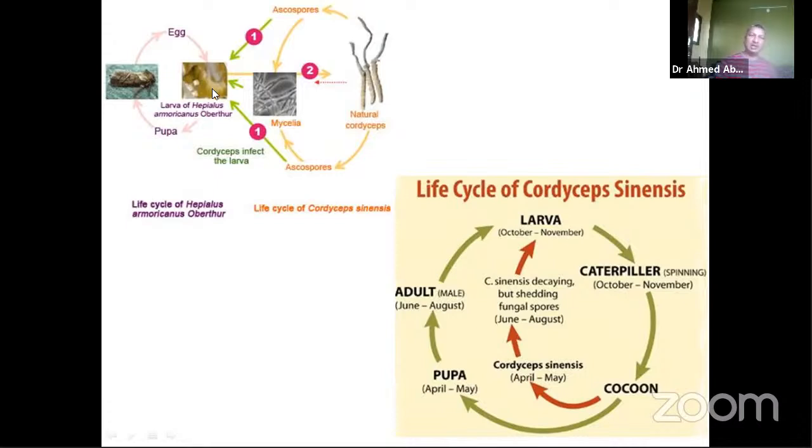I mean to say, the egg hatches and the larva comes out. When the larva comes out, plenty of spores are available in the soil, and now this larva is attacked by the spores, and you can see that the larva is attacked in the month of October to November, and this larva, as you know, is also called a caterpillar. So here the spores germinate, and the entire spore that germinates will make a cocoon-like appearance, and now the